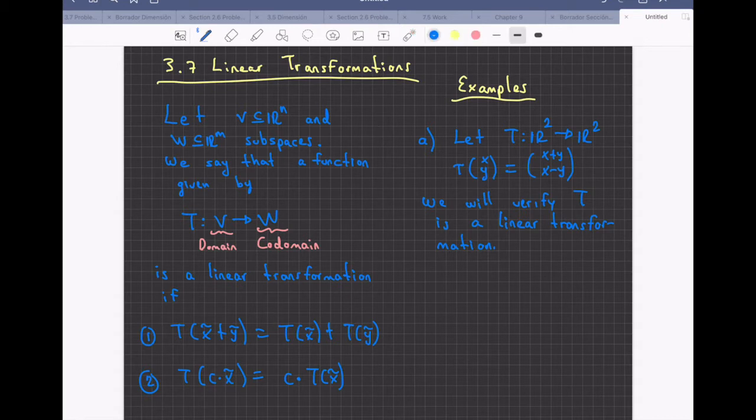So consider x. If I'm choosing one element x in the domain, it must be from R2, so it should have the form (x1, x2). And y, another element, again in R2, should have the form (y1, y2). Then